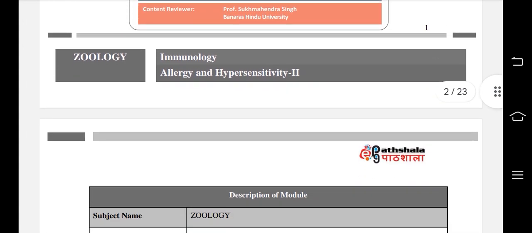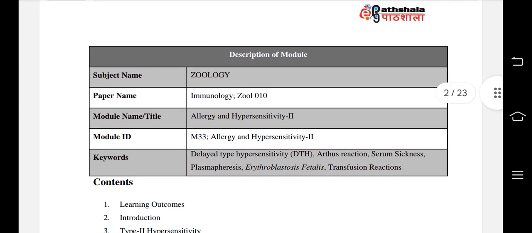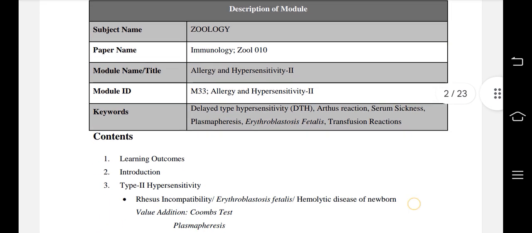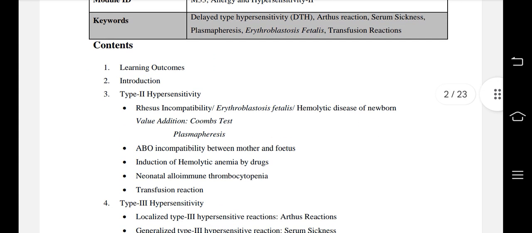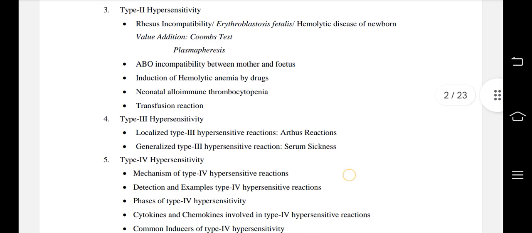Now let's learn about this. Here we will be learning about type 2 hypersensitivity, rhesus incompatibility or erythroblastosis fetalis, hemolytic disease of newborn, value addition, Coombs test, then plasmapheresis, then ABO incompatibility between mother and fetus, induction of hemolytic anemia by drugs, neonatal alloimmune thrombocytopenia, then transfusion reaction,